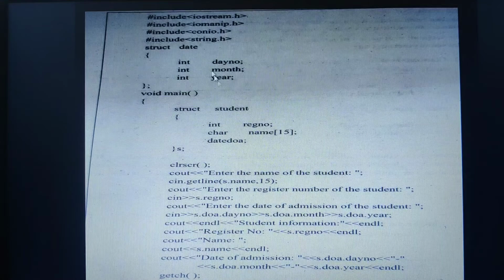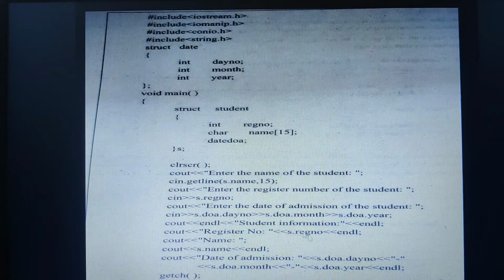How did we access the members of the structure called date? If you clearly observe, it is yes dot date of admission dot day number. That means we have created a structure variable to an outer structure. With the help of the structure variable, we can access its members, followed by the embedded structure members. Therefore, yes dot date of admission dot day number. Similarly, yes dot date of admission dot month. I hope the concept is clear.